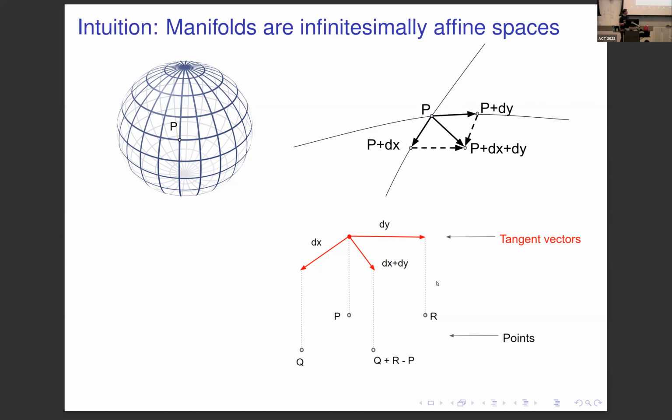There are actually two constructions that we can see happening here. First of all, we have vector addition, and these vectors would be the tangent vectors, but we can also look at points. I can form affine combinations of points, which we see here. And that's actually what we're going to be doing, at least in this lecture. We're not going to be looking at tangent vectors at all. We're going to be looking at points. And this is only possible in synthetic differential geometry.